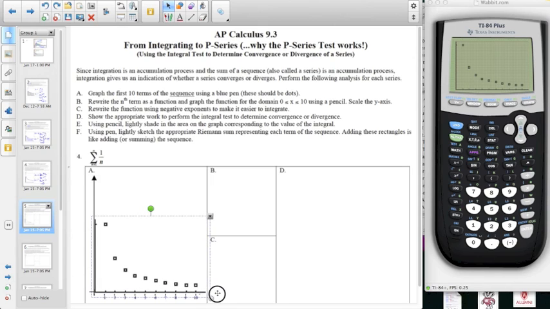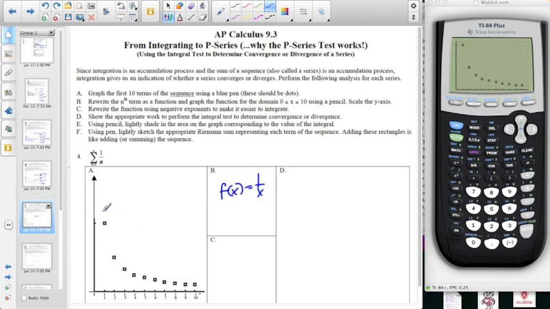and whether or not that pinching off is going to get us finite area. And so if we look at this then, and write this in function notation, the function notation would be 1 over x. So we're looking at integrating 1 over x here. We could write that as a negative exponent, but I think integrating 1 over x is pretty easy. So we're talking about the limit as b approaches infinity of the integral from 1 to b of 1 over x